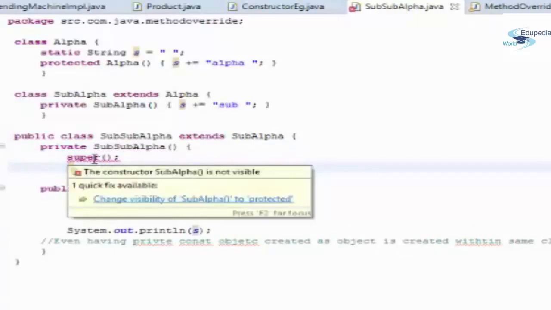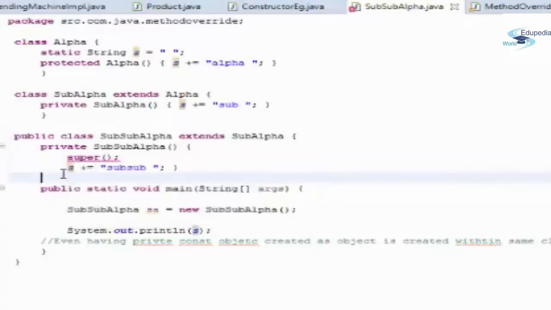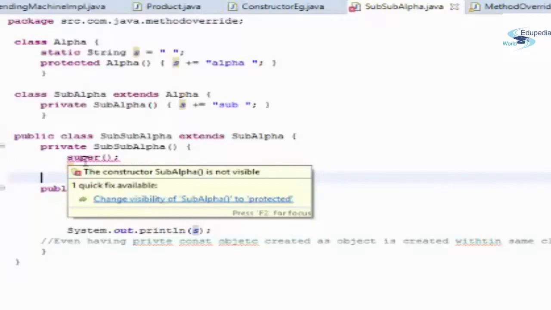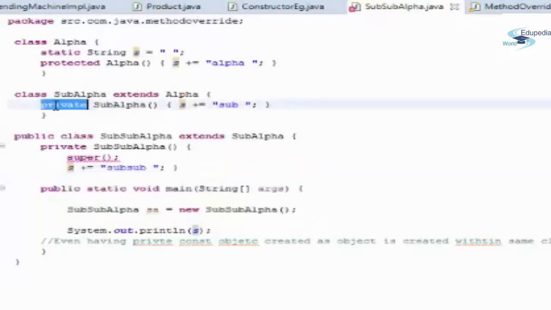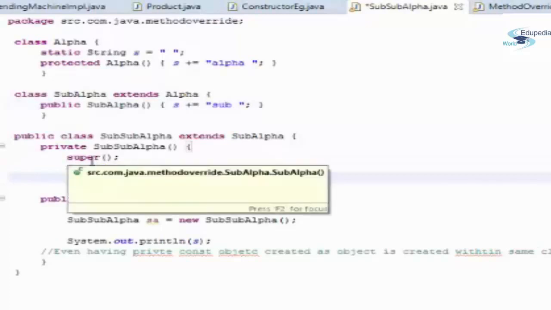Now see, again it's giving me an error because it's saying change the visibility of sub alpha to protected. Why? Because even if you are explicitly calling it, it will still give you an error until you have a correct access modifier associated with it. Now let me make it public. Well, now it's happy. It's not giving me any error because it can call.